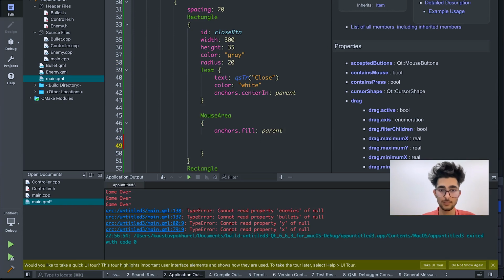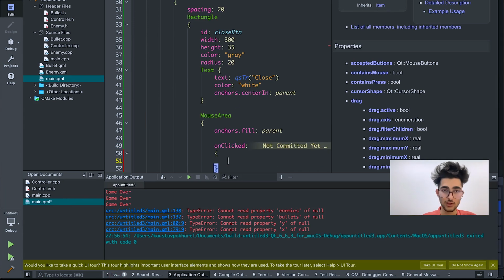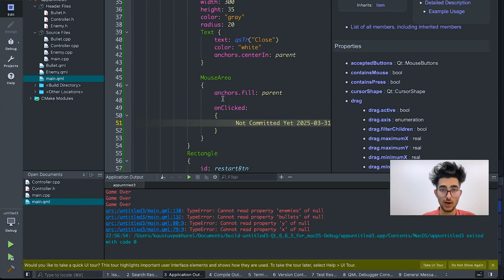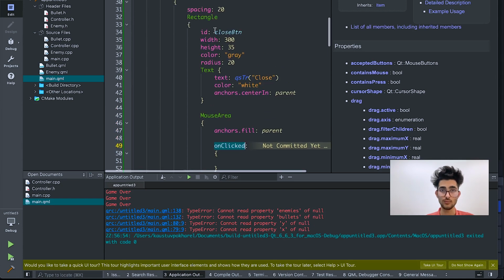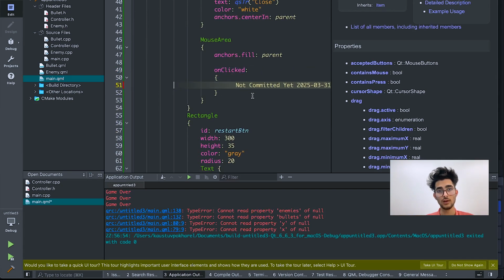So what I'm going to say is onClicked. We have this function inside the mouse area, because the mouse area is going to detect the cursor, right? This mouse area also has this function called onClicked. Whenever it receives the onClicked signal, which is going to keep track of the clicks, if you click on that rectangle, which is called close button in our case, then what I'm going to say is control dot